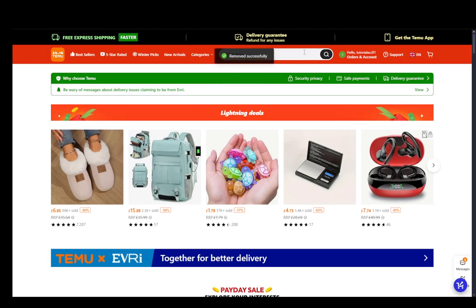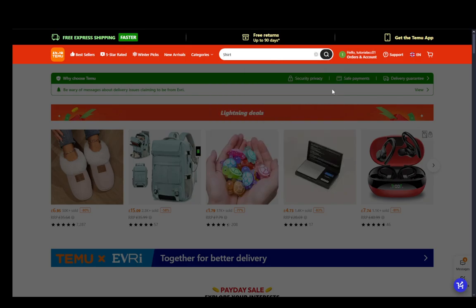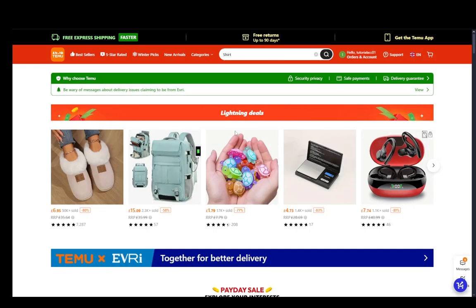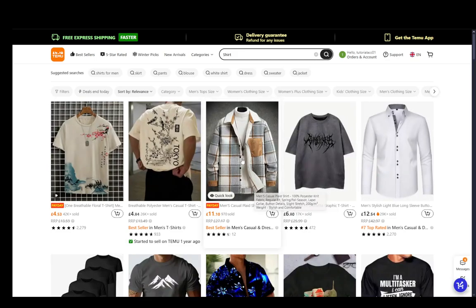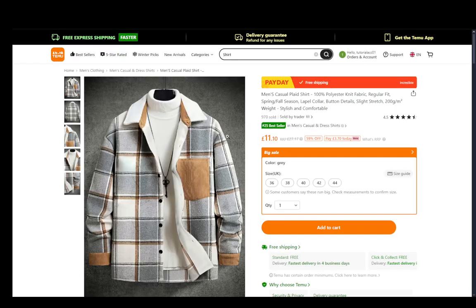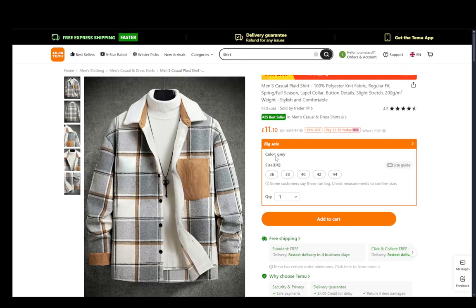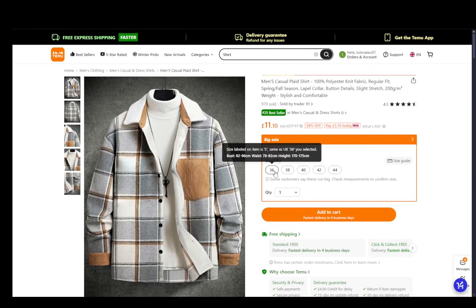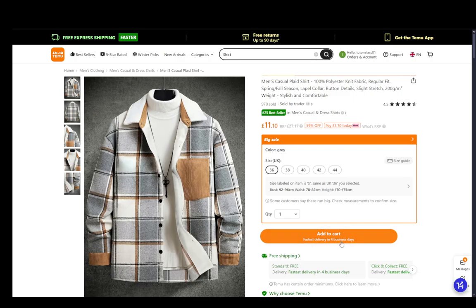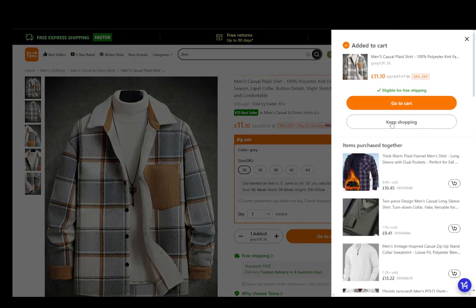And now what I'm going to do is search for a shirt simply to get something that I know you can choose the size for. Now, for example, let's see this casual plaid shirt for men. And now we're going to go through a security question. Just verify that. And once you're verified, you can then go ahead and select your size while adding the item to your cart. So for example, I'll choose a size 36 UK,